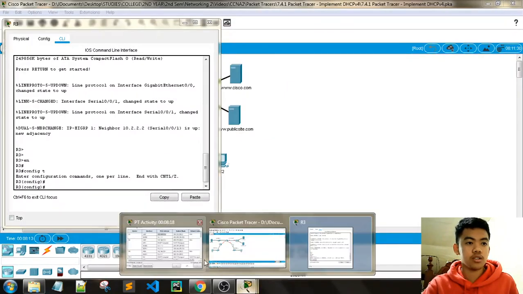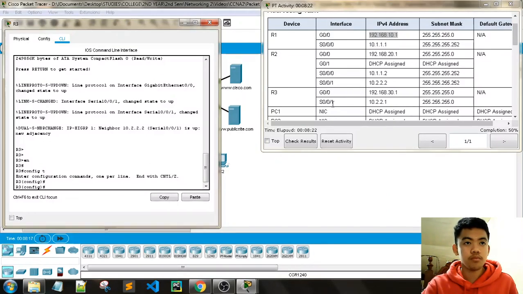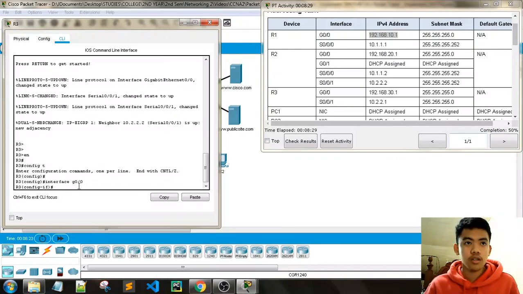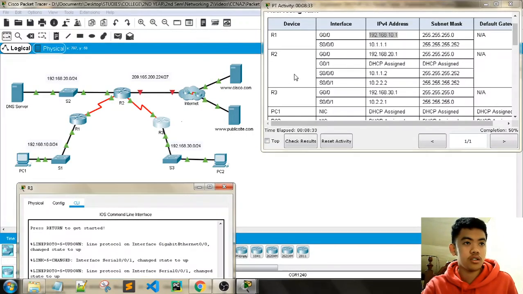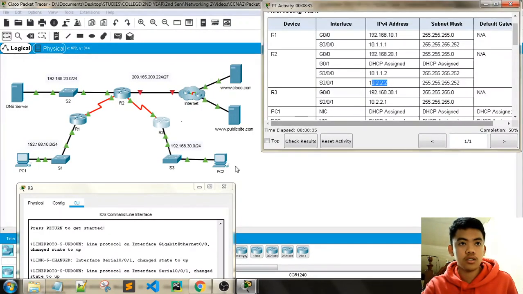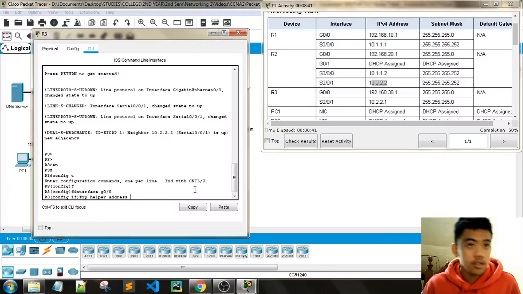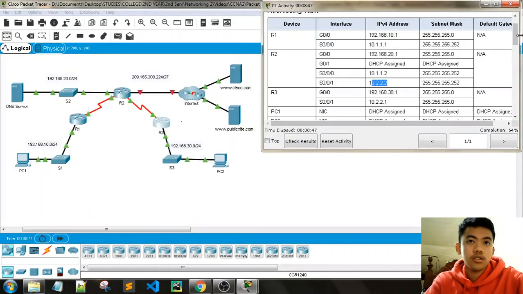We'll also access the G0/0 interface. Then the port for the serial here is, I think, this is the ip helper-address, then 10.2.2.2. Okay. Next is,